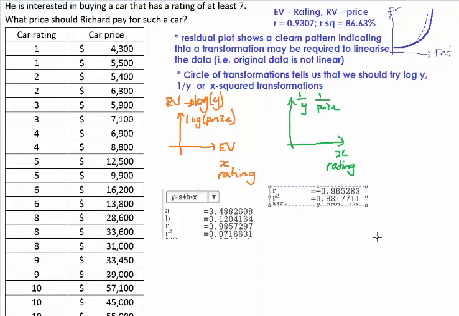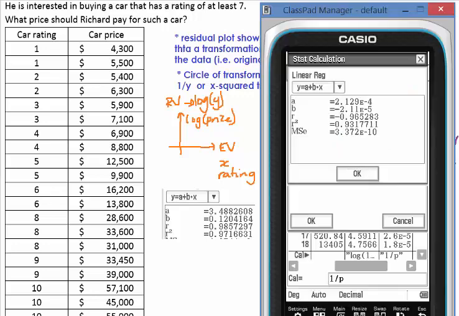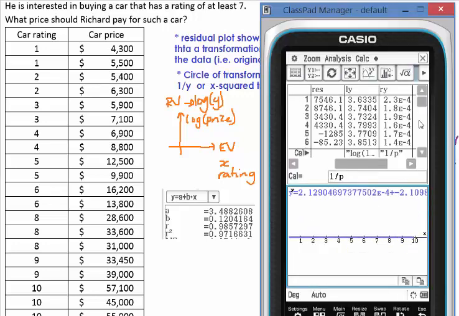And finally, I'm going to look at the x squared transformation, and I'll follow essentially the same process. Remember, when I look at x squared now, it's the explanatory variable axis that changes. So there's y on the vertical, but as x squared, that's now the explanatory axis that changes. So therefore, it's going to be rating squared, which means when I go to the calculator, I first of all